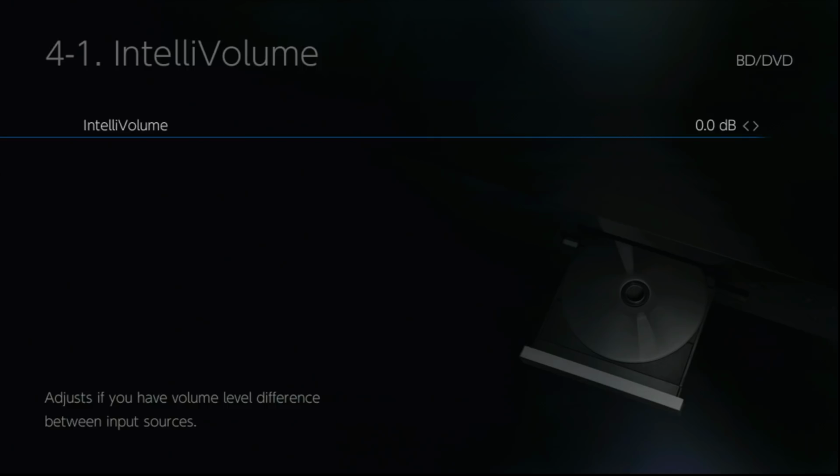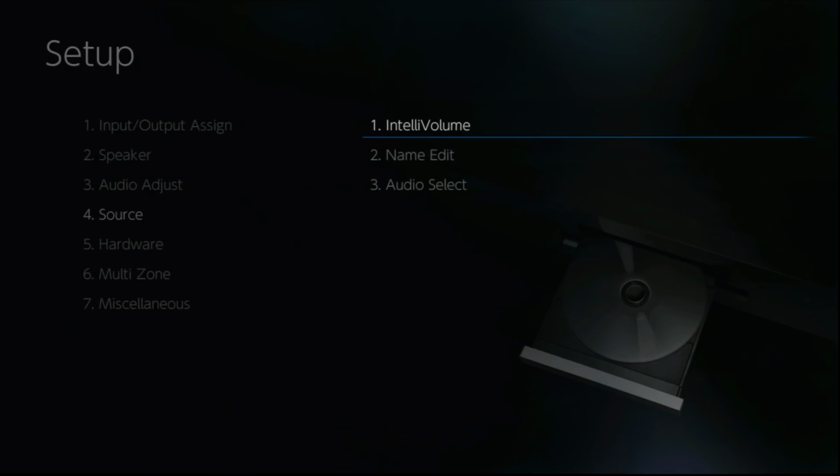So the IntelliVolume is sort of a volume control for the input, and this is per input across the whole of the back. So if you've got a CD player, for example, and a satellite or cable box, and if you were lucky enough to be able to get the same content at the same time and switch between them, there would be differences in volume. Now what the IntelliVolume allows you to do is to adjust up or down the input signal, so it then allows you to switch between inputs and you don't get any leaps or dips in volume when you switch between